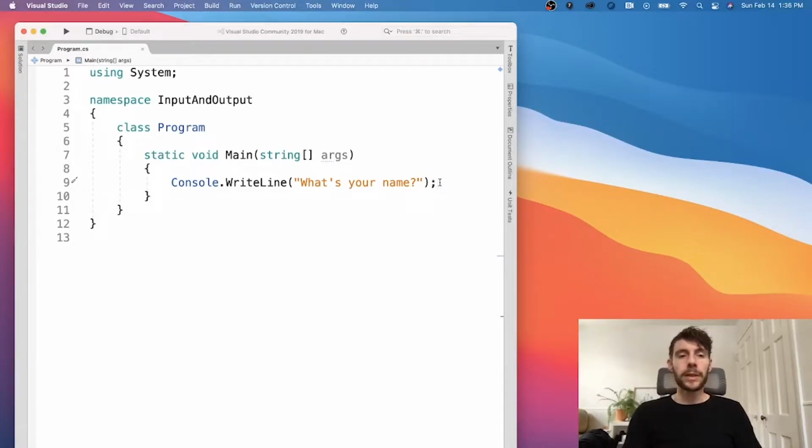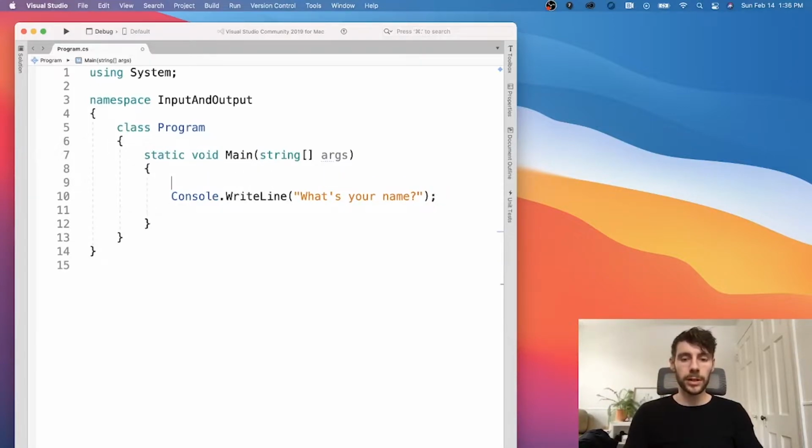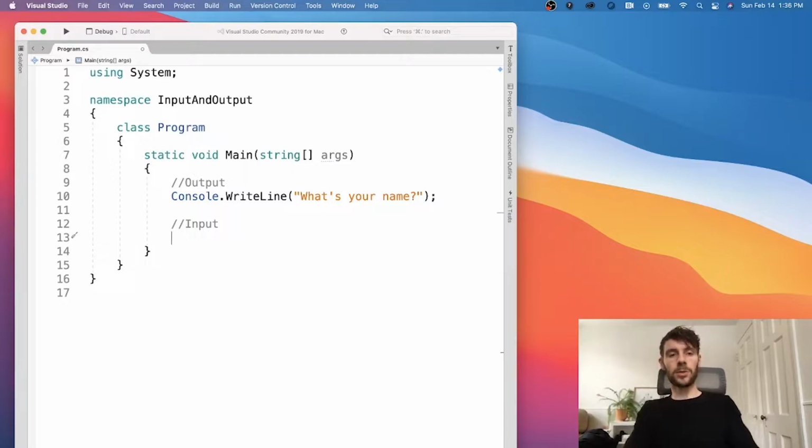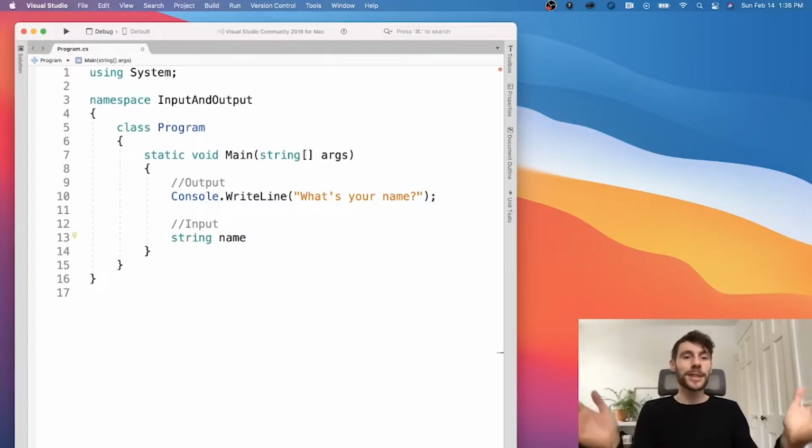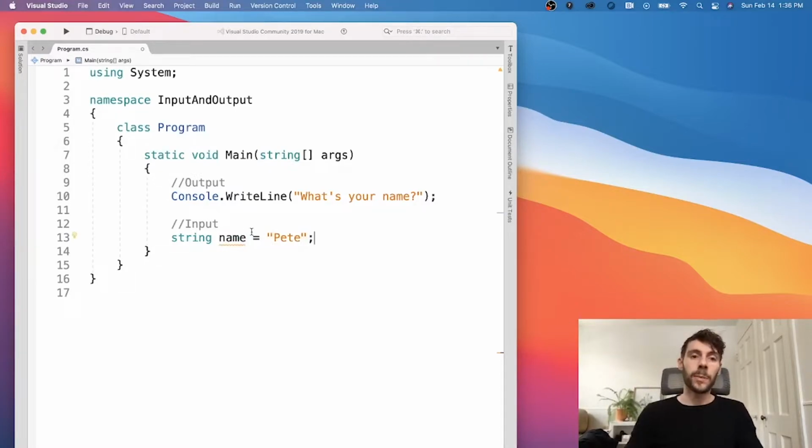So let's work with some input. This is an example right here of output, so let's take a look at some input. What I'm going to do is create a string called name. We've seen this a million times before, but normally we'll assign it a value like Pete here. But in this situation, let's just declare the variable. And let's say that name will equal, we'll use the assignment operator there, and we will do